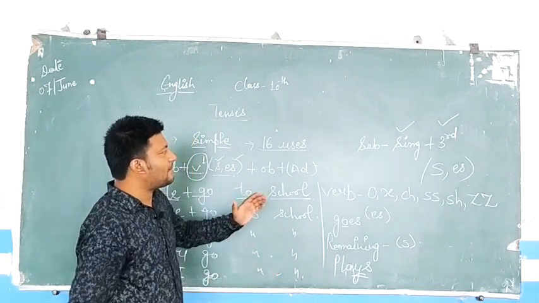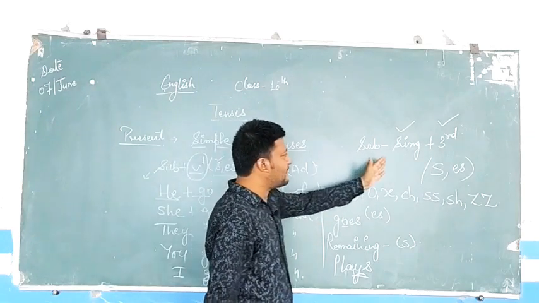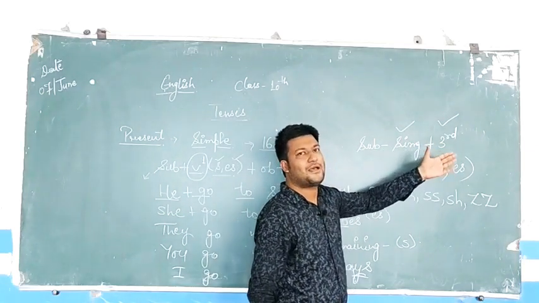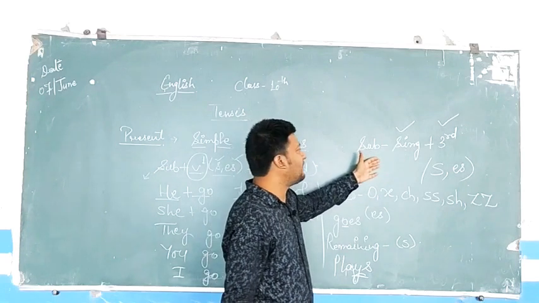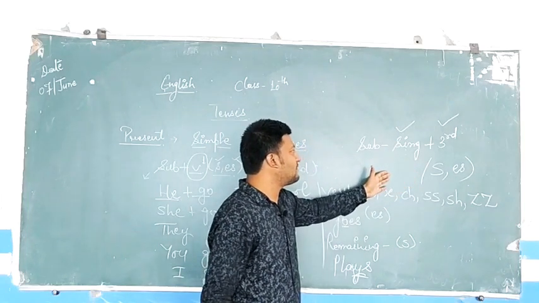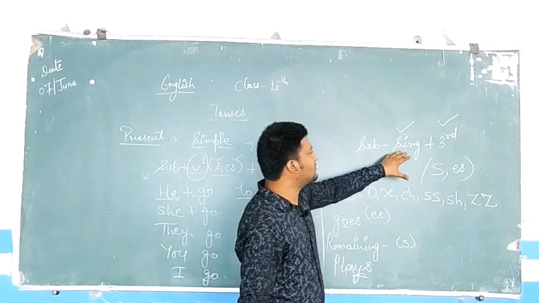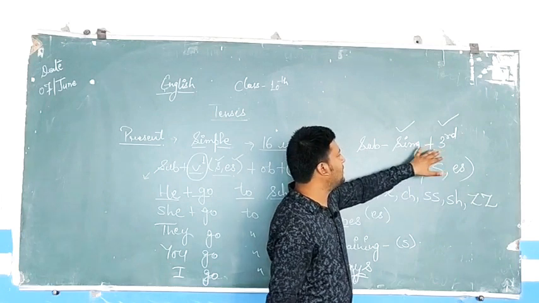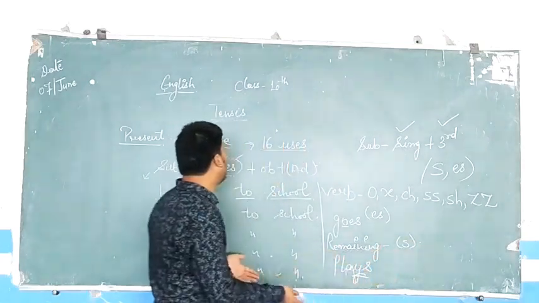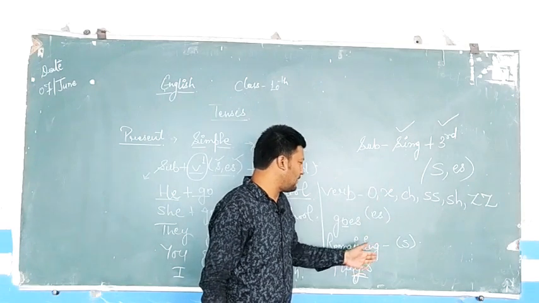Quickly, a good recap of what I am telling you here. First thing, to put s or es, the very first condition is singular and third person must be there as subject. If it is singular or second person, I will not put s or es. If it is plural or third person, I will not put s or es. It must be singular and third. Both the conditions must match. If only one condition is there, then don't put s or es, simply put the verb first form. Now verbs end with es in this place.